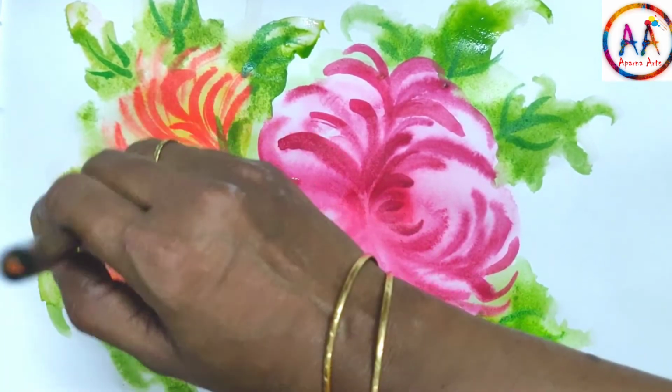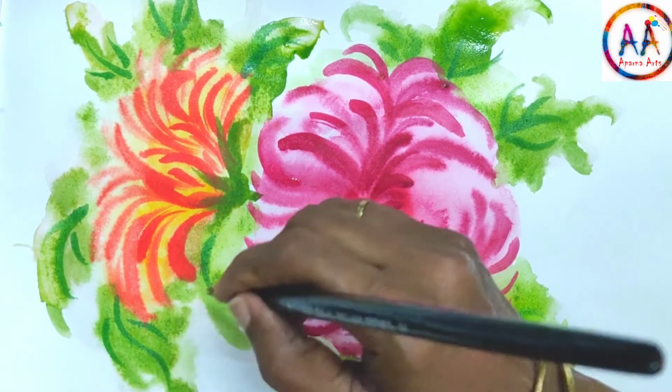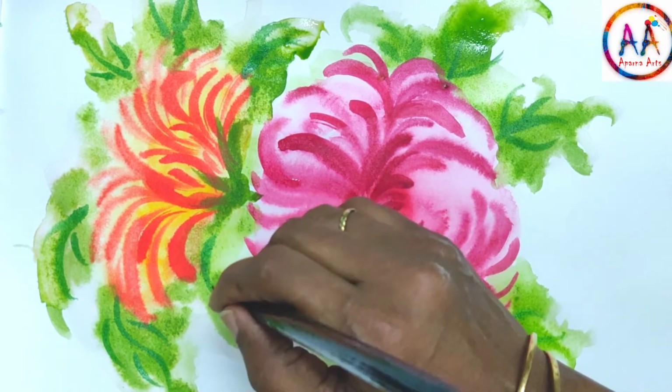This freehand painting of chrysanthemum wet on wet will be very beautiful on dresses, sarees and tops, and you can